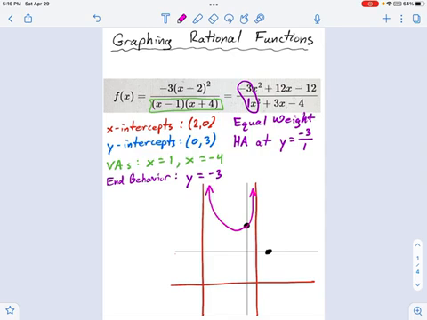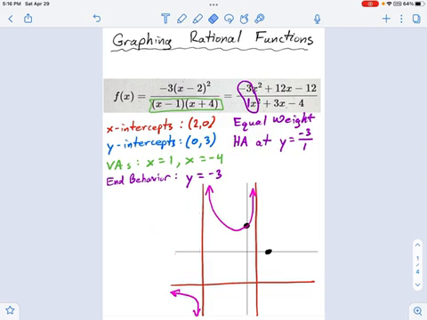So let's look at the other side. All the way on the left, I think, over here. Notice there's no x-intercepts. Okay? So because you have no x-intercepts right there, that means your function cannot cross it. So I'm going to have to come in from this side and go like that. Okay? So there's my function right there. Let me clean this part up.